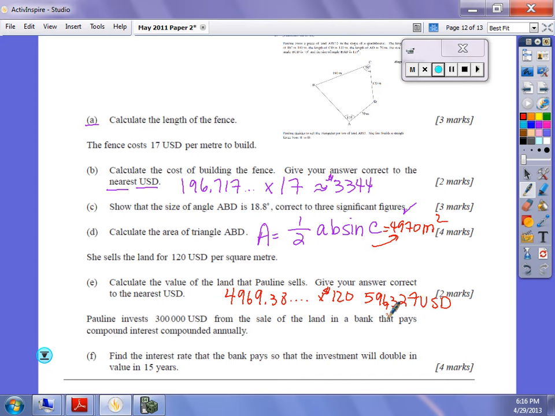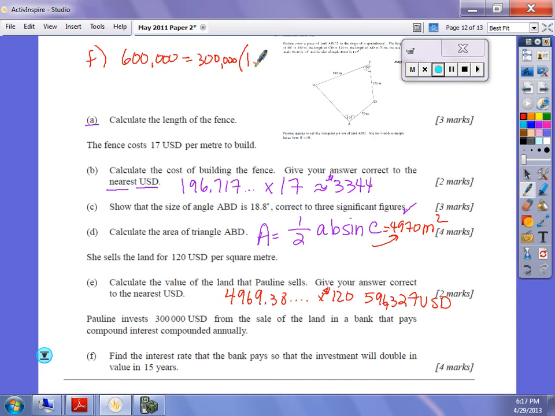Pauline invests 300,000 US dollars from the sale of her land in a bank. We've got more compound interest. We're compounding interest annually, and she would like to end up with $600,000. So I'm going to actually do my calculation up here. She wants $600,000. She's going to invest $300,000, oops, $300,000 with interest compounded annually. So we've got 1